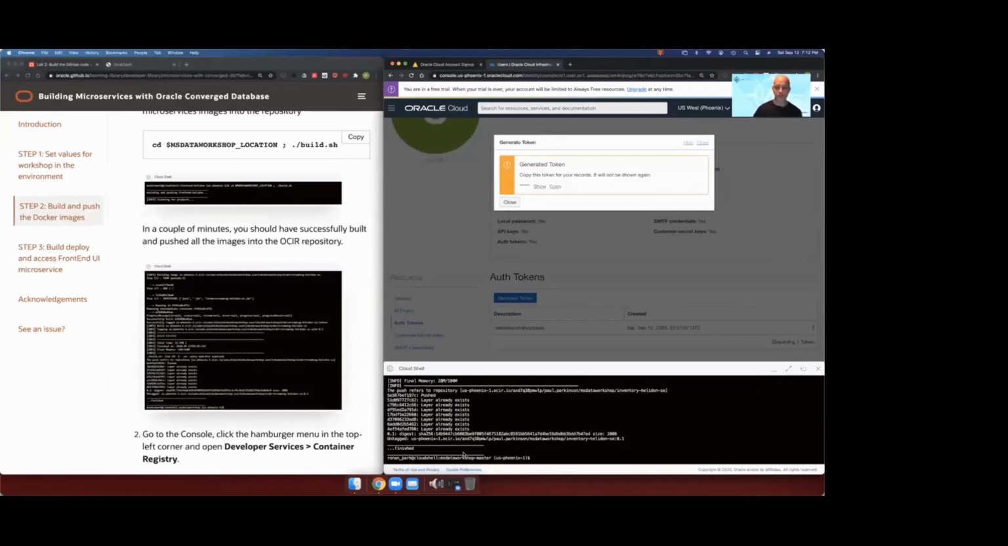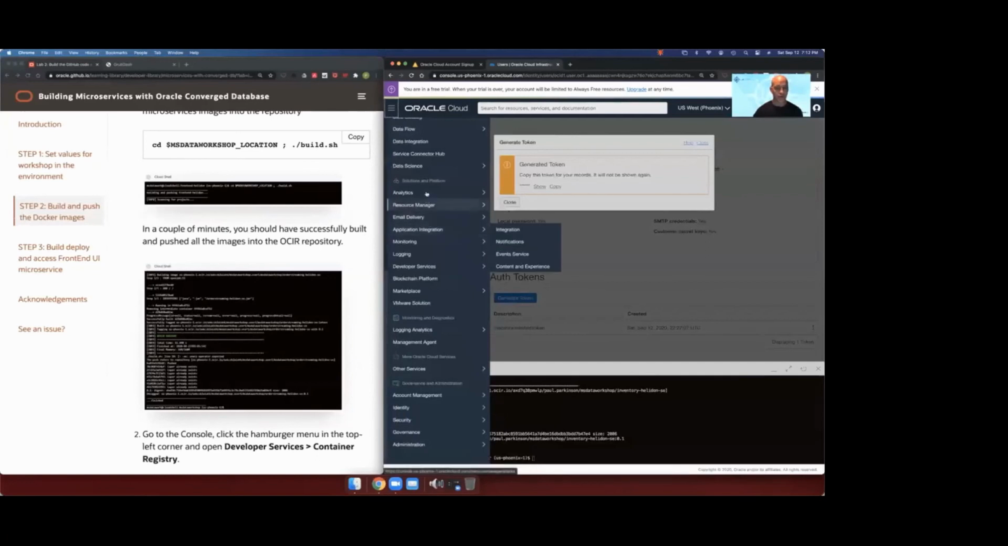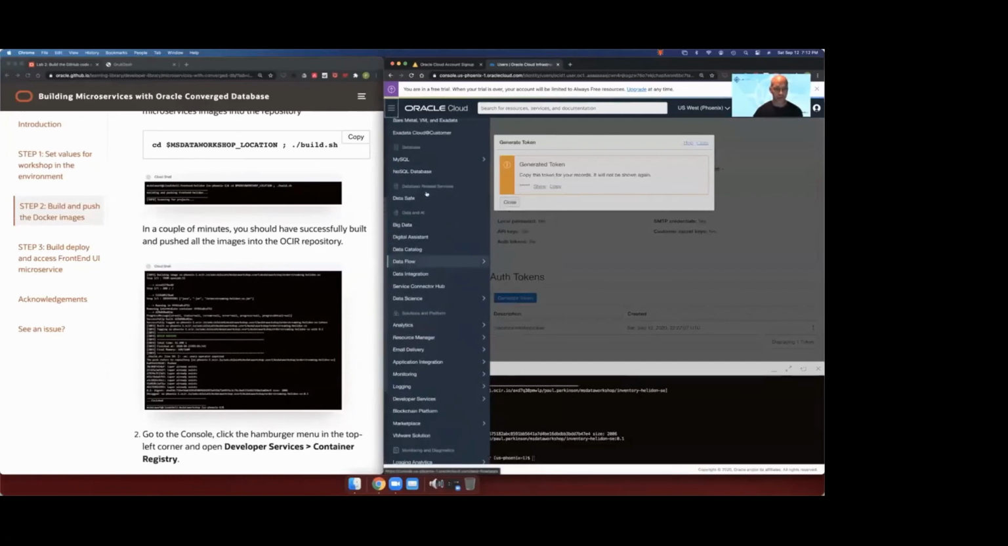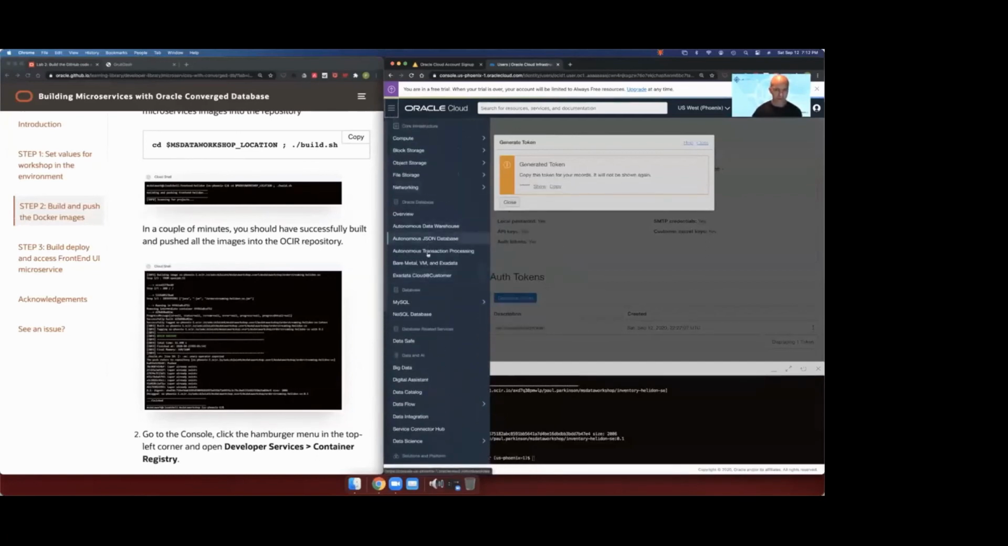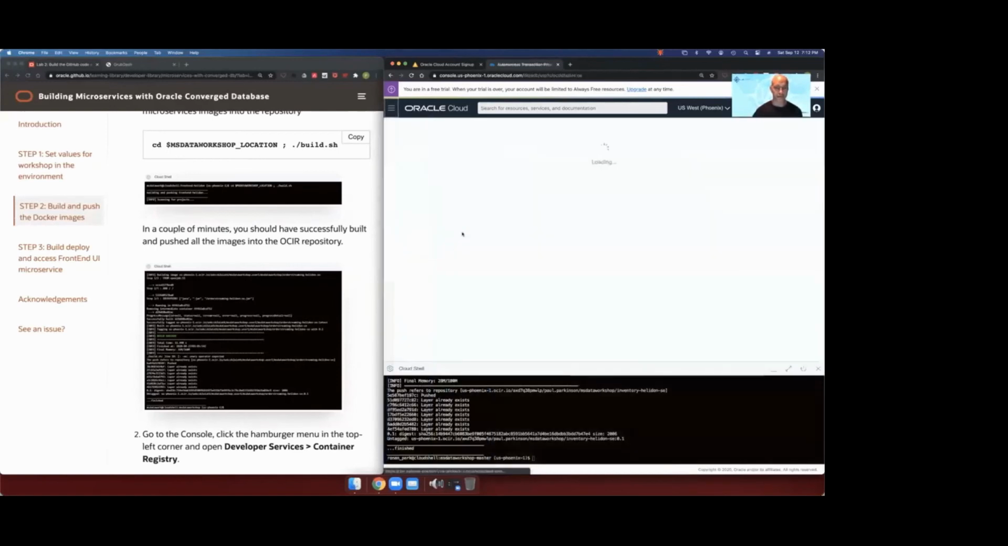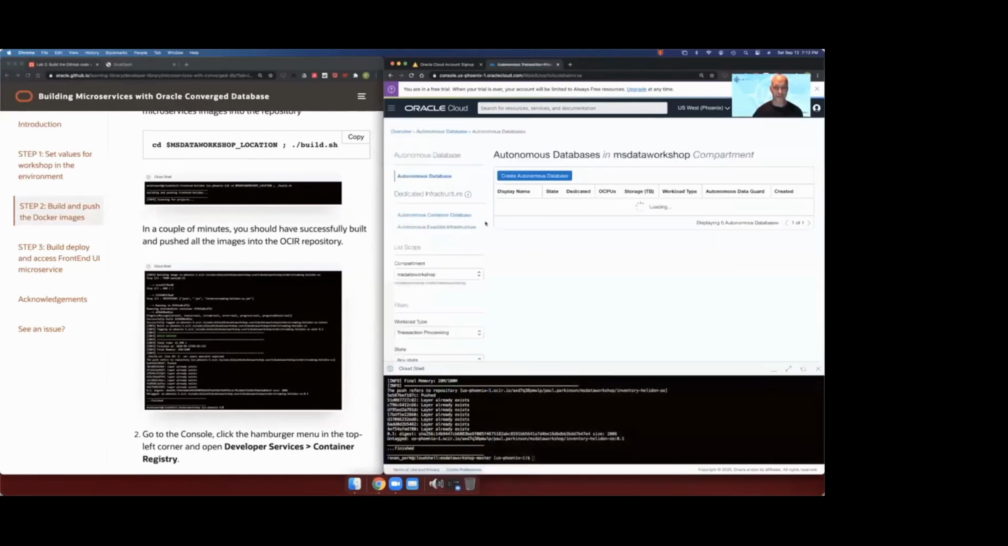And during those 20 minutes, I'd encourage you to just look through the console. For example, if you want to look at the databases that we created, you can go into this ATP area here and see those two that we created with the script. But in any case, you'll want to pause the video at this time and wait for that to happen and come back. But now that we have built them and deployed them, we'll proceed to the next step,